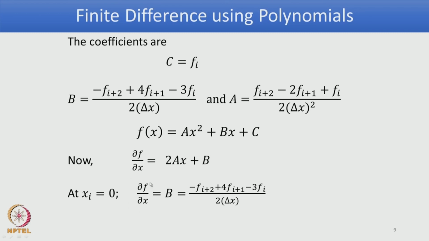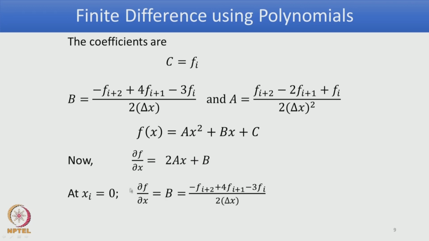So, ∂f/∂x evaluated at i is the same as b, and that expression is here and is repeated here for the first derivative. Now, the question is how to know the order of accuracy in this scheme. We know from the Taylor series procedure how to obtain order of accuracy. In this expression, we substitute f of i+2 from the Taylor series expansion. Similarly, f of i+1 from the Taylor series expansion,